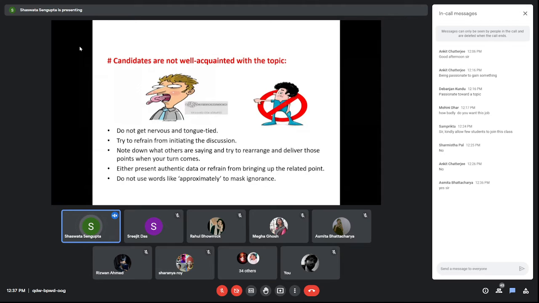So what you should do is, basically, when you don't know anything about the topic, as I told you that there's no prompting on behalf of the interviewer, do not be the first person to pick up the topic. Rather listen to what a few other candidates are saying. And now, from what they're saying, try to make a conceptual framework of the particular topic on which you are going to speak.